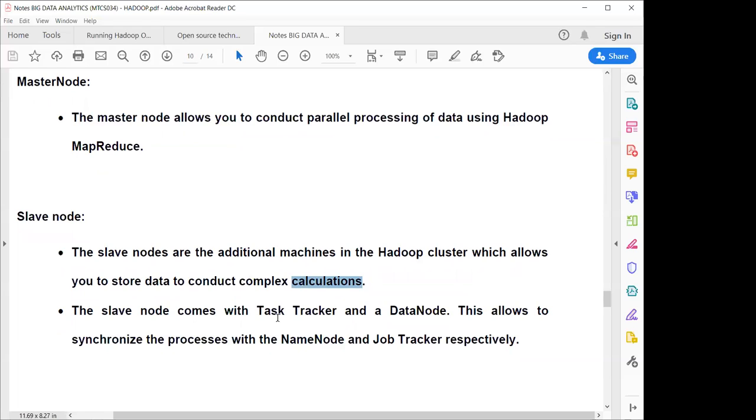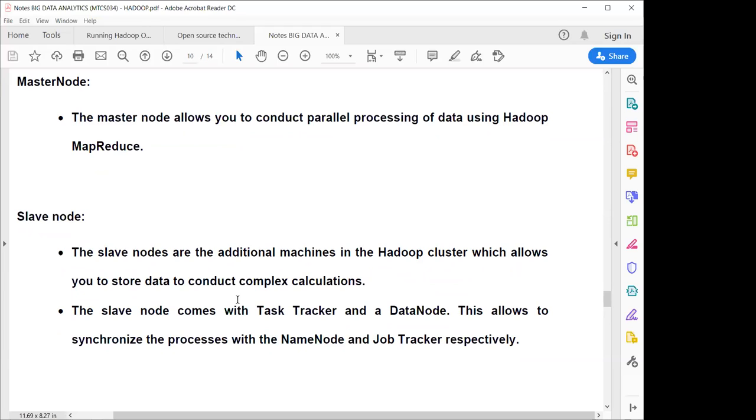A slave node comes with a task tracker and a data node. The data node, as we have previously discussed. The task tracker keeps track of whatever task is assigned to your slave node and informs the master node what particular process is going on with the data node.